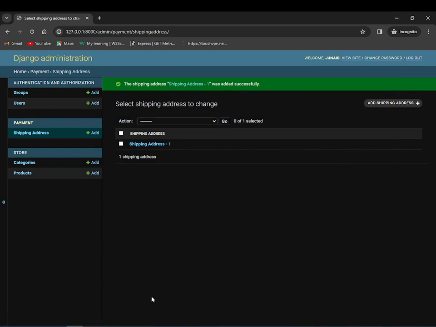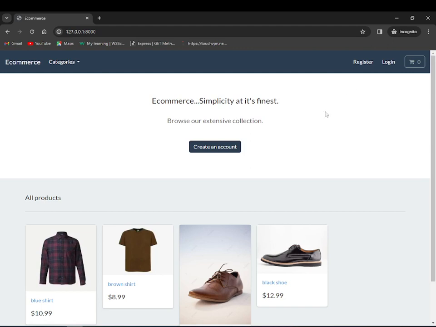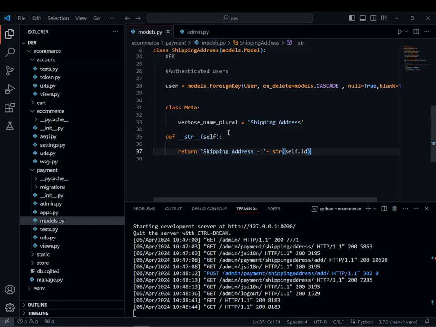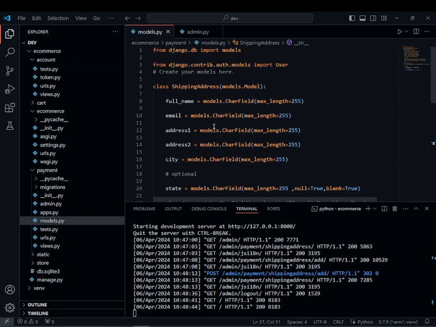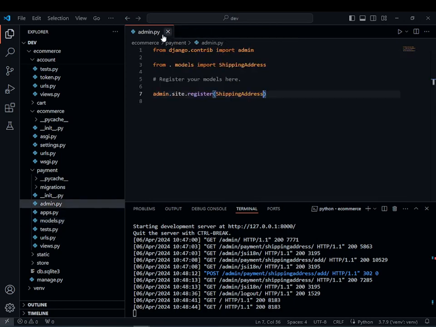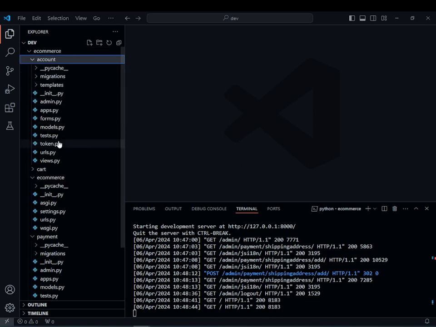So after that, just log out and just shut down your site. And now I want you to go to the project, and after that we want to move to our account app. So just close it because our manage shipping is in our account app. So just move to your account app and move to the